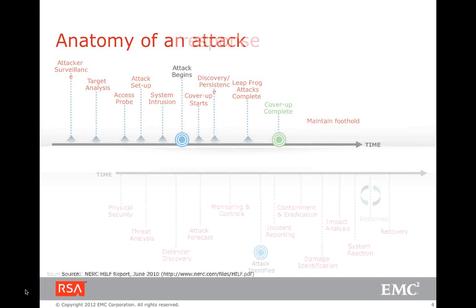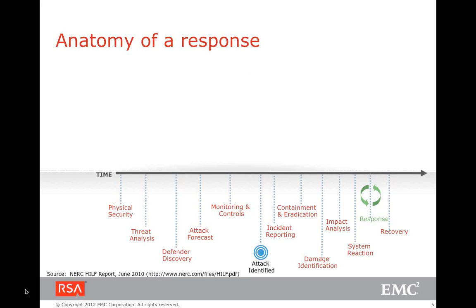So we do our threat analysis, we do our discovery of what the risk is, we do our own intelligence, we do our monitoring, but at some point of time we identify the attack. Once we have identified the attack, we start doing the root cause analysis, we report on that, we try to contain that particular attack, we try to do damage control, and then at some point of time we go out to the external world and say, okay, we have responded to it and we have recovered from it.